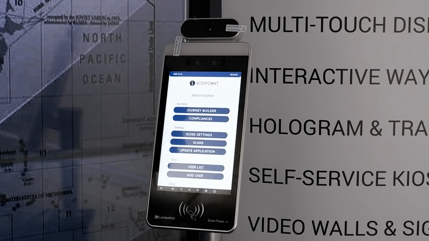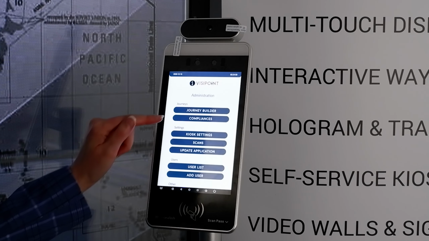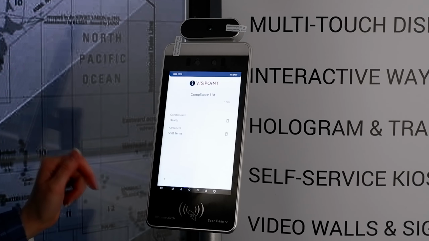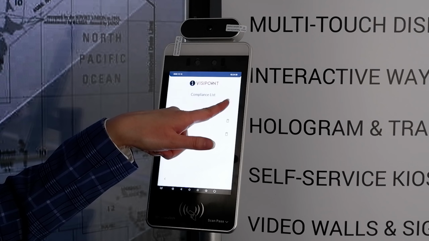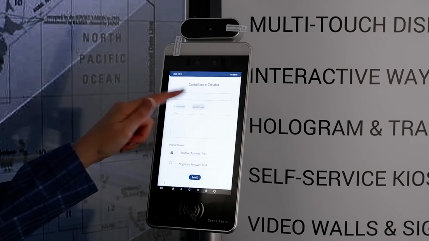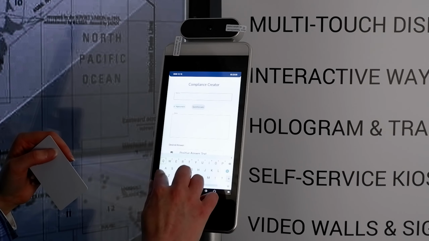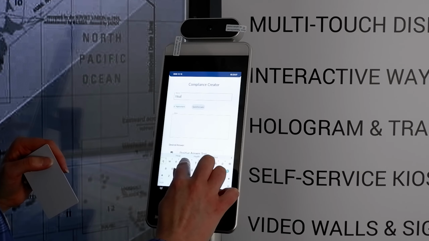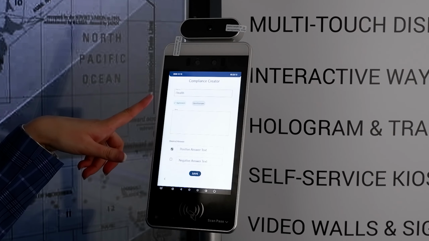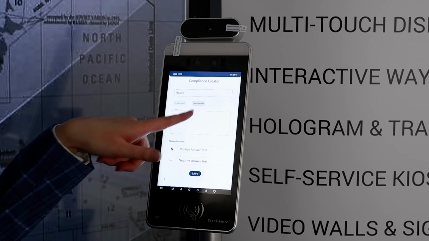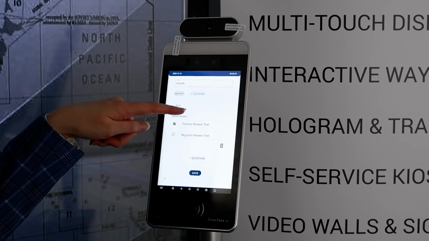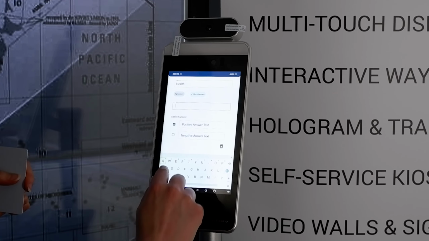Now we'll give you a demonstration of our compliance check creator. If we go into compliance, we have a couple that are created there, and I'll show you how to add a new compliance check. You can enter a name, and then select whether the compliance is an agreement or a questionnaire. So it has multiple questions in there. So this time I'll select questionnaire, and for example,